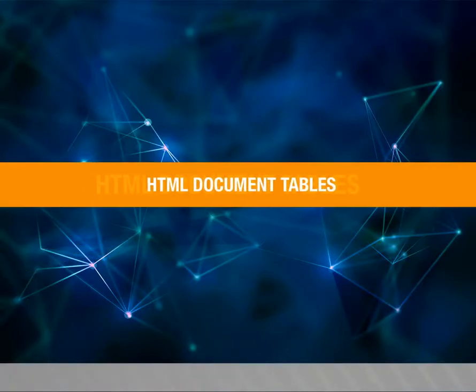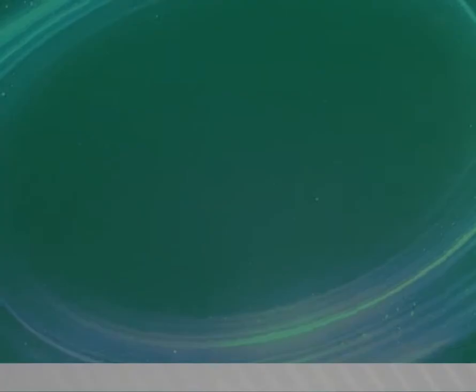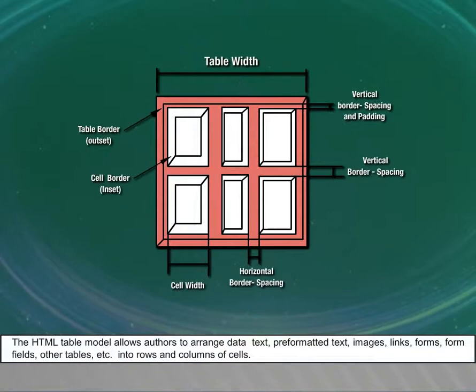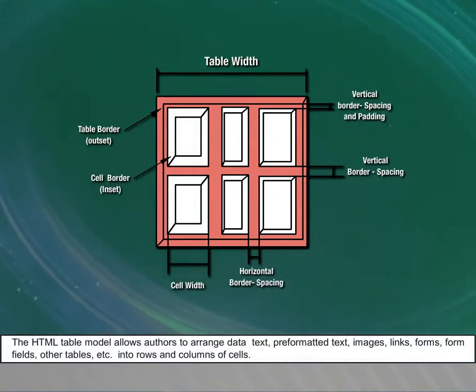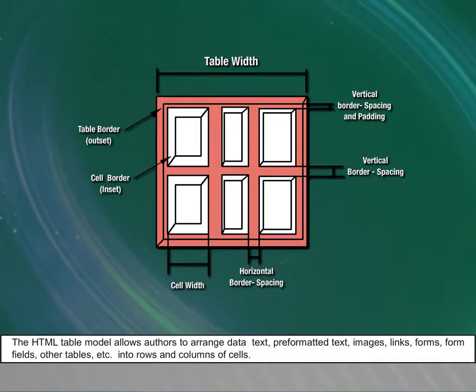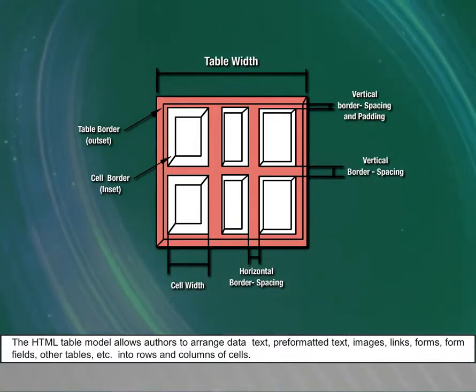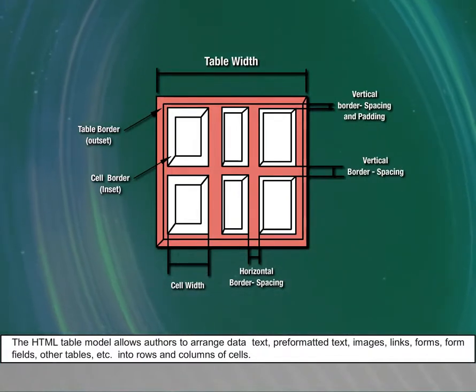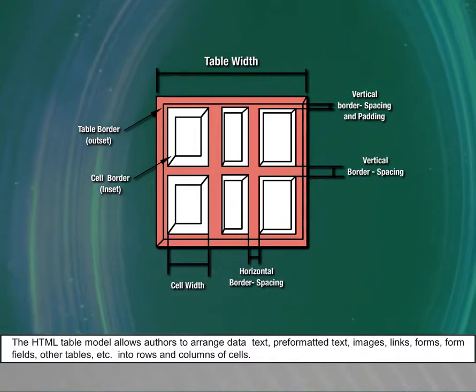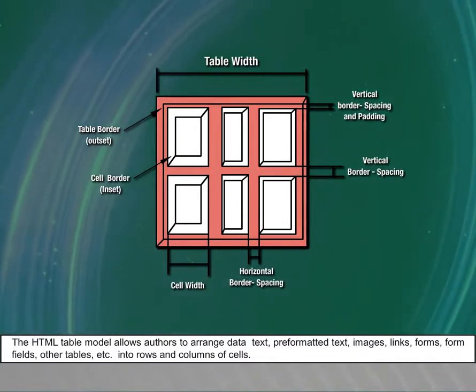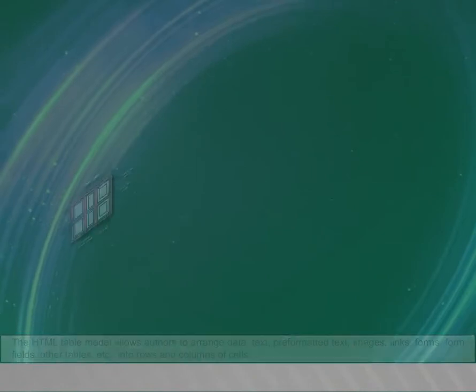HTML document tables. In this video, we are going to see about HTML document tables. The HTML table model allows authors to arrange data, text, pre-formatted text, images, links, forms, form fields, other tables, etc. into rows and columns of cells. The table